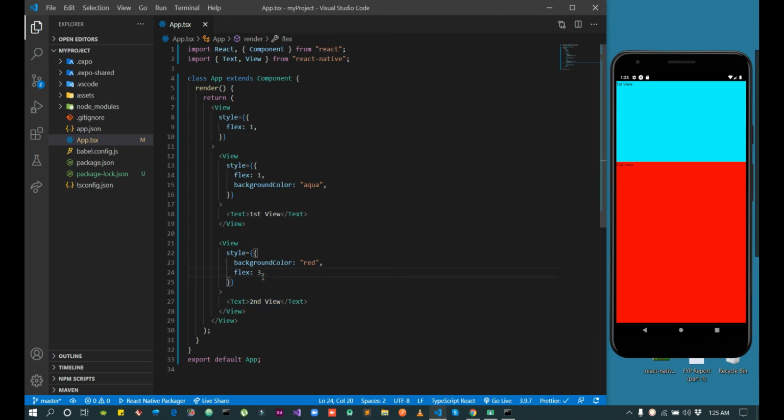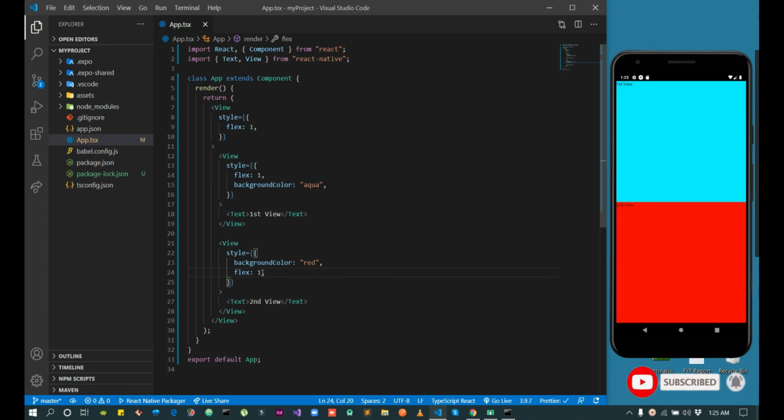And if I use 3, it means I am dividing the whole screen into 4 parts, 1 plus 3, 4, giving 3 parts to the second view and only 1 part to this. And if I use 5, I am giving 5 parts to this and 1 part to this, and if I give 5 and 5, I am dividing into 10 pieces and giving equal space. It means we can use 1 and 1. It's simple.